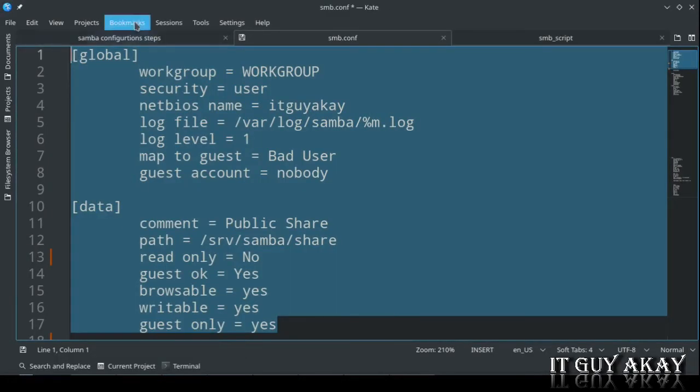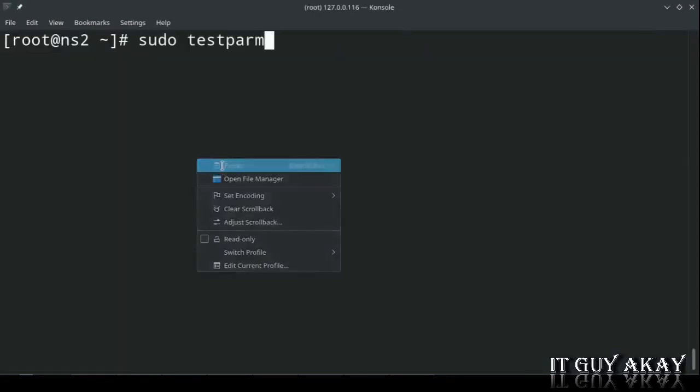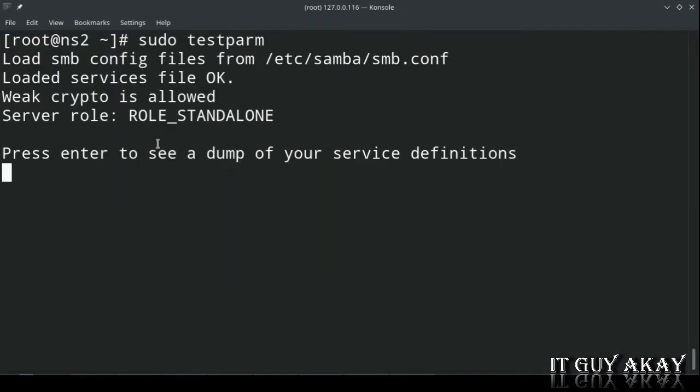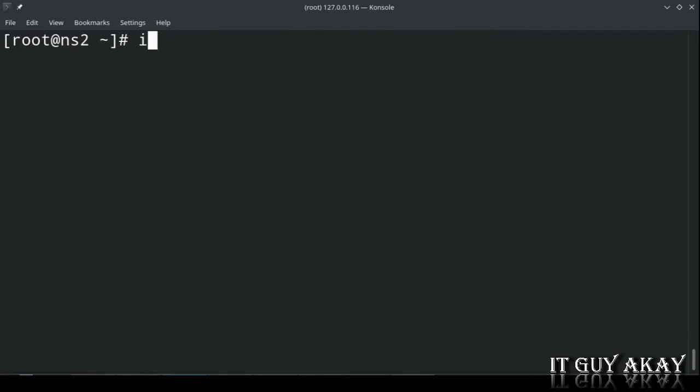After that, just run the command testparm. If everything is okay, then reload the Samba services and get your server's IP address.